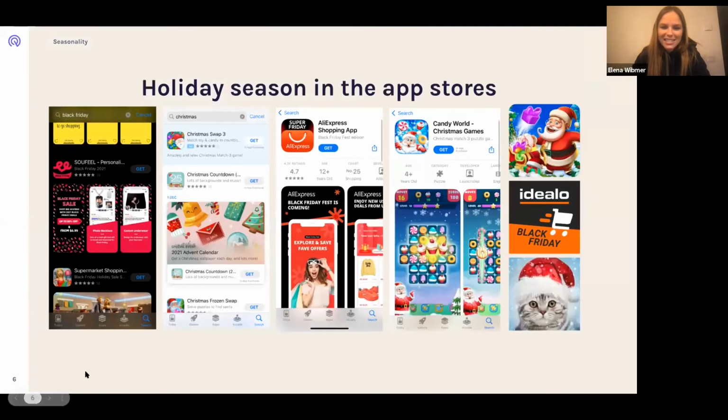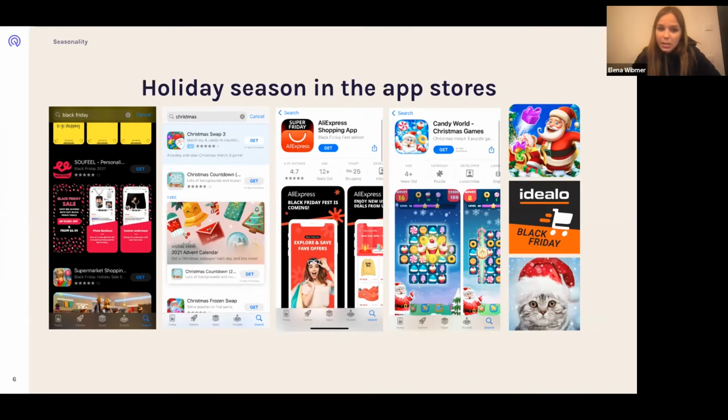All right, let's take a look at how the holiday season is looking in the app stores itself. Of course, here the shopping apps are optimizing specifically for the upcoming Black Friday. As you can see here, two examples, one of Shein and AliExpress, the shopping apps. They are leveraging it across the whole store listing.